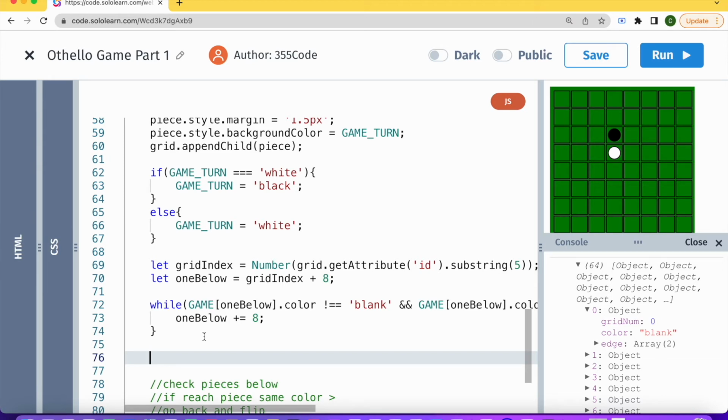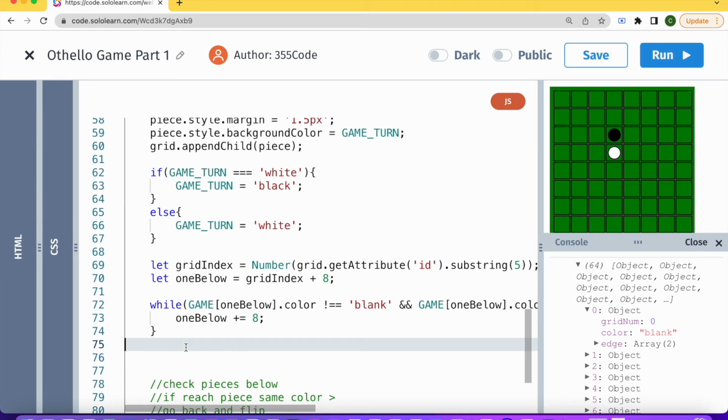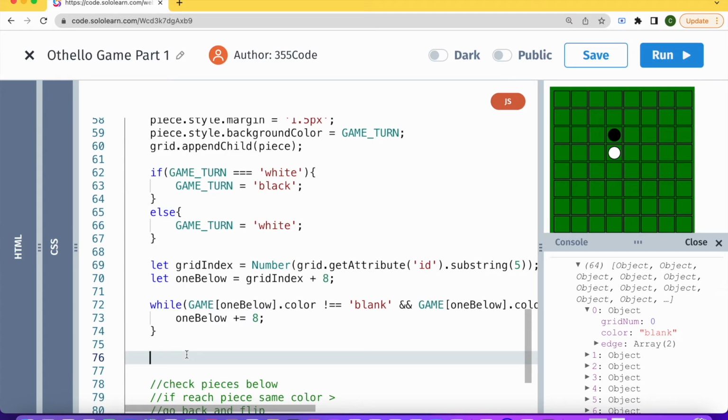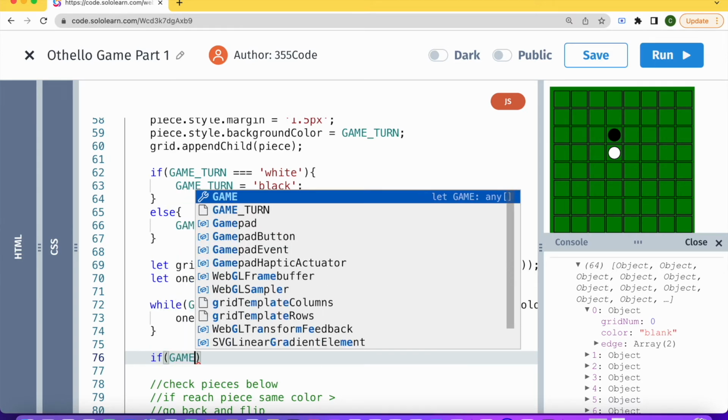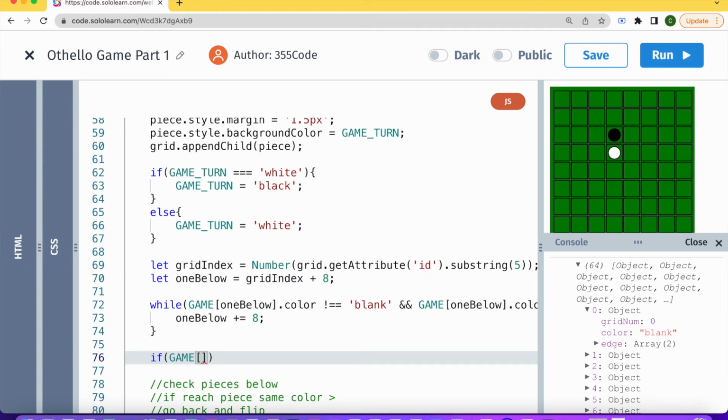If the piece that we hit that ended the while loop is the same color as the piece that we just placed down, we are going to flip pieces. Otherwise, we're not going to. So let's put that condition in. So that means that if game one below,